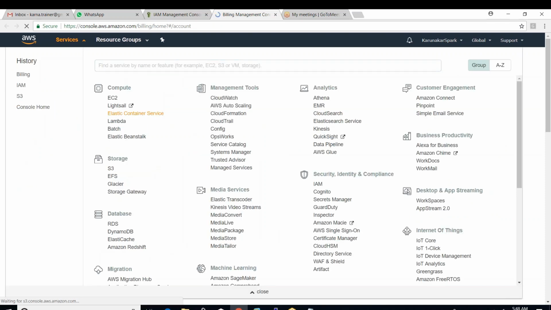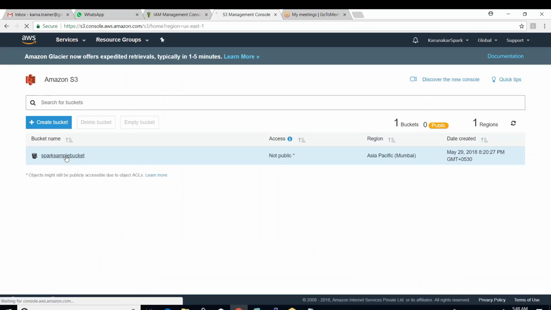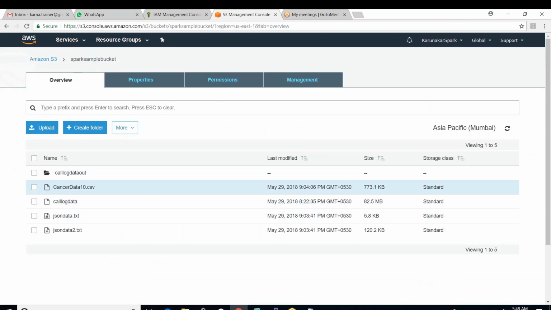Services, S3. In this I have one CSV file also, along with one text file. The CSV file is the cancer data set. We have already worked with this data set in the local system. I just loaded it into S3 as cancer data 10.csv.